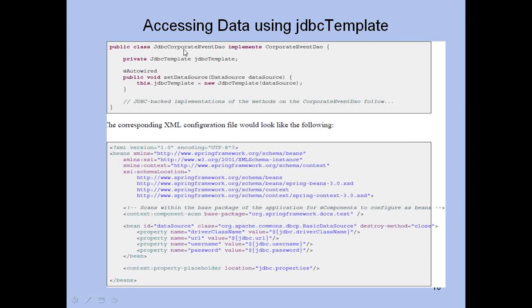Assume that this JDBC corporate event DAO is in a package called org spring framework docs test. When you add this one line, context colon component scan, within the Spring configuration, Spring scans all the classes and methods within the base package and finds out which methods are annotated